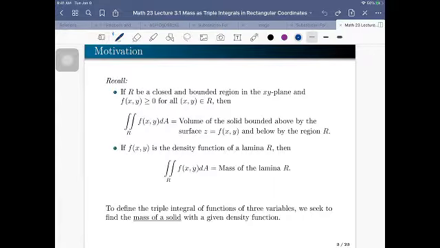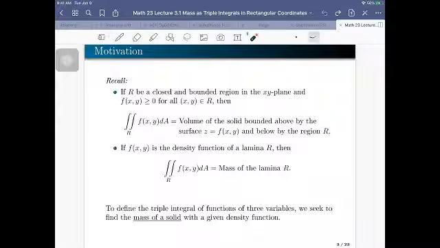So, bakit three integrals? Ano ba yung two integrals? Siyempre, alam natin yung one integral gives you the area. Yung two integrals, madaming ibig sabihin. One of them is the volume of the solid bounded above by the surface. Okay? And another, more interesting for us for this lesson, the more interesting application of double integrals would be the